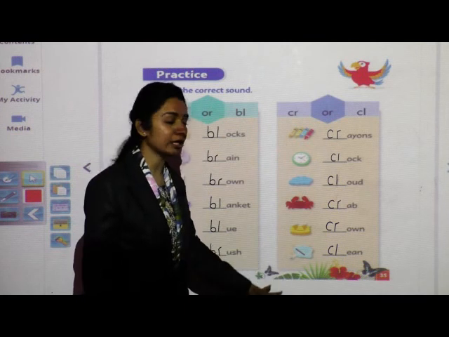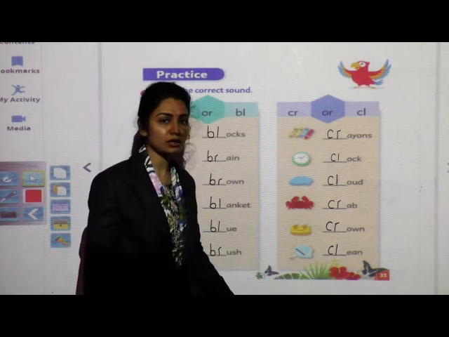Children, I hope till here you have completed. Yes? Okay. So children, I hope till here you understood. Yes, today we solved 2 practice sheets, fill in the blanks. And we have learned the sounds from the previous session. So children, we have completed these 3 sounds. There are some more sounds which we are going to learn in the next session. Okay, so children, I hope you understood our today's practice sheet. So we are concluding over here. We'll see you in the next session. Till then, take care. Thank you.